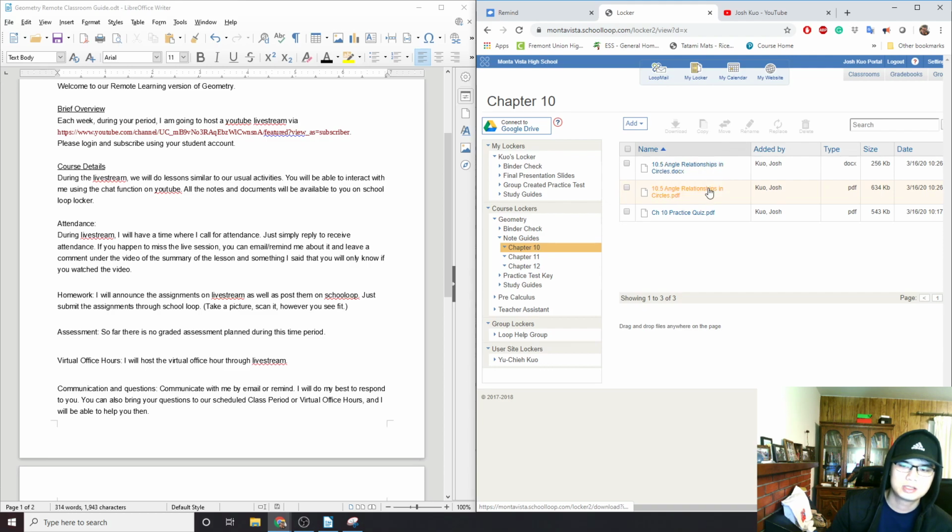There are two types of documents. They're the same thing. One's PDF, one is doc. Just in case the doc is not good in terms of formatting, the PDF is more stable. But you can obviously use either one.